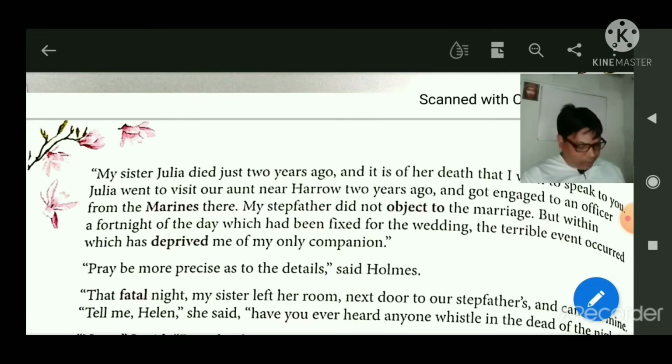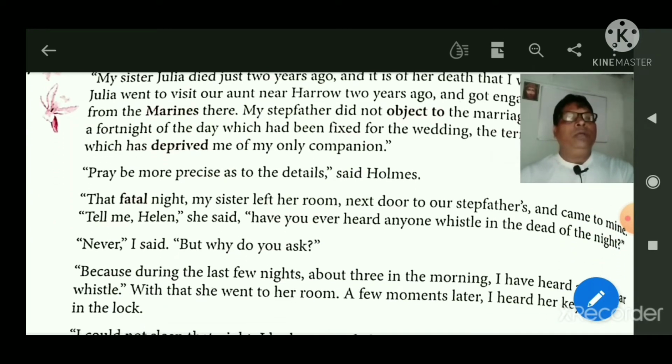Deprived me. What is the meaning of deprived me? It means took away something that she needed. It is taken away something that Helen needed. Pray be more precise as to the details, said Holmes. So Holmes said, pray, I request that you be more precise, because I do not have the time to hear